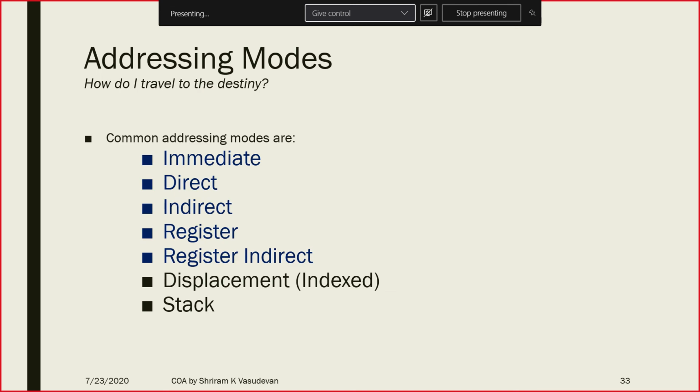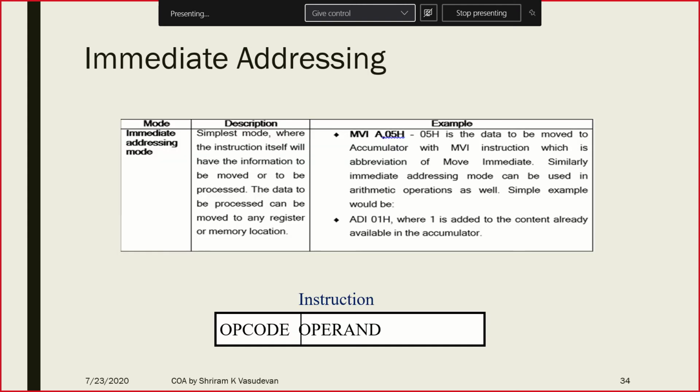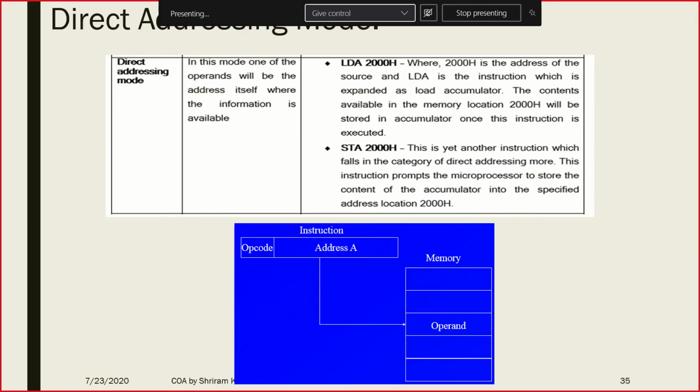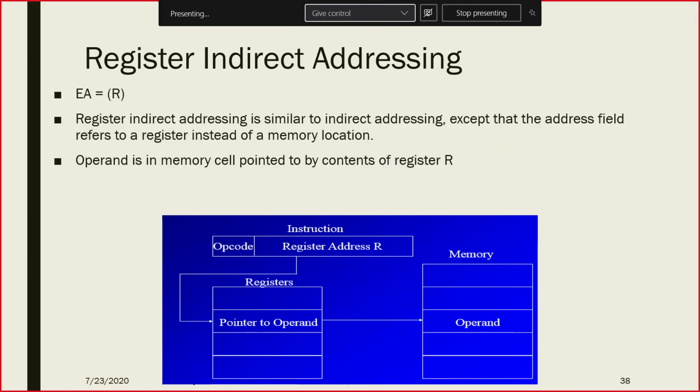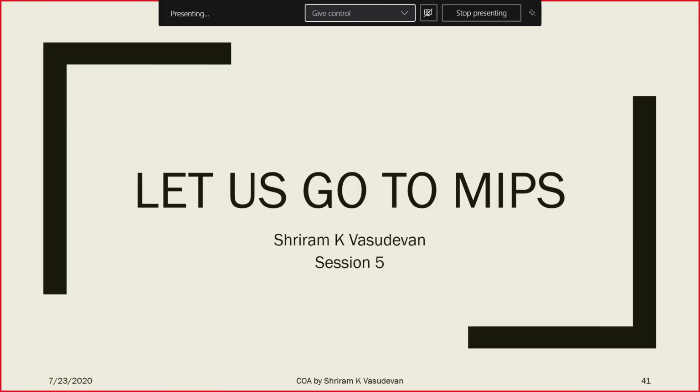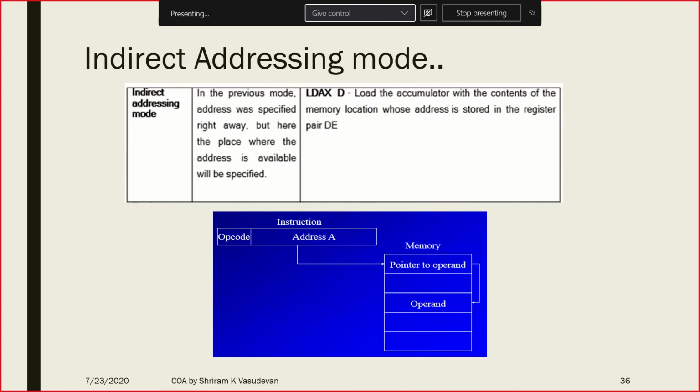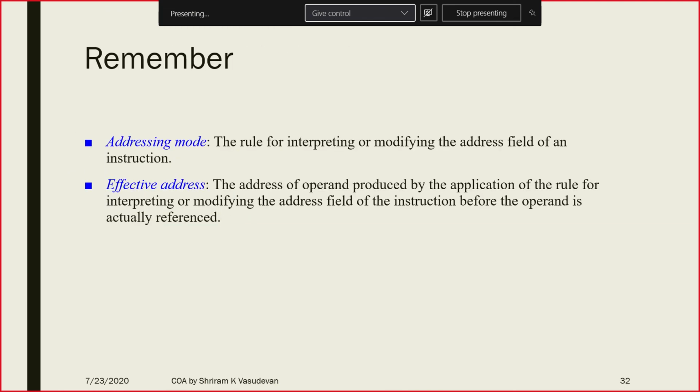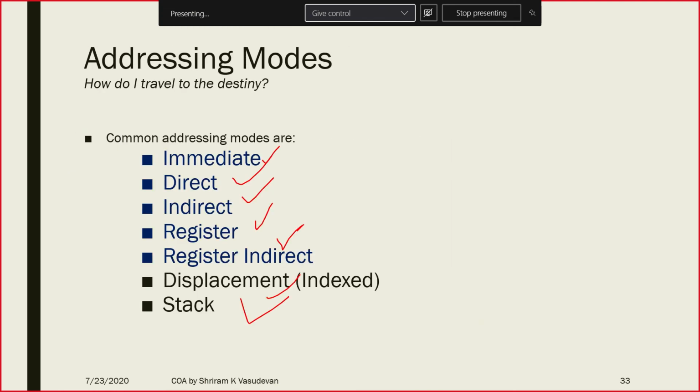Addressing modes, all these types of addressing modes we have seen: immediate, direct, indirect, register, register indirect, indexed and stack. We have seen all these in the previous semester. I'm not going to waste even 1 minute in teaching this again because we have already seen it and that's sufficient for you. I have given the clear intimation in the slides and I have shared the slides with you. I request people to please go through it and then come back to me tomorrow so that we need not spend time on the same thing that has already been taught.